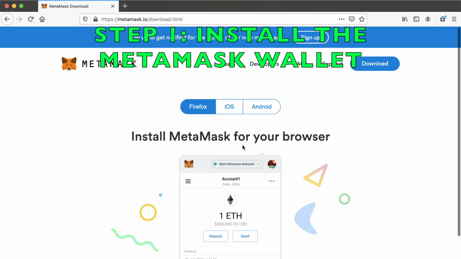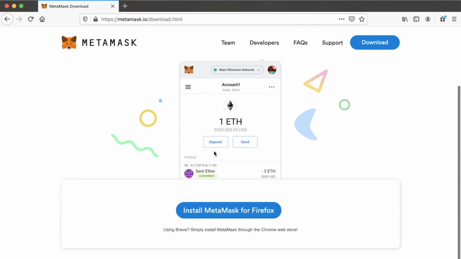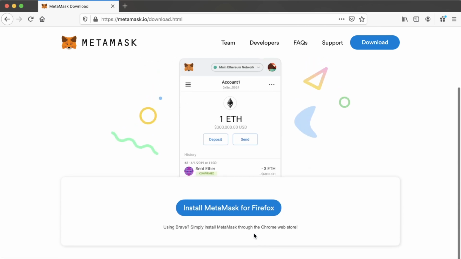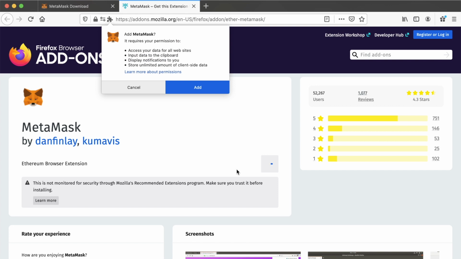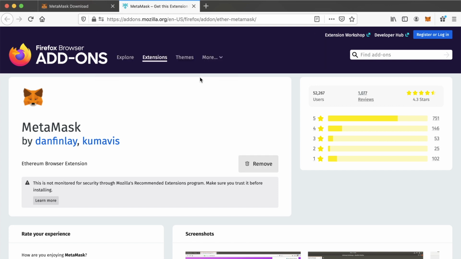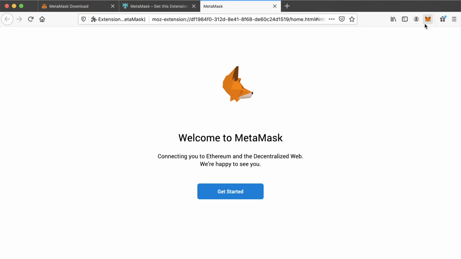So I'm going to click download now, and we can see, of course, we're doing it on Firefox, so it's already recognized up there, and it does show some supported browsers and everything else. So let's click install MetaMask. It opens up a new tab. I'm just going to click add to Firefox, and we'll just wait for this to be done. And there we go. So we've got this pop up here, add MetaMask. I'm going to click add because I want to add it as my Firefox extension. And as you can see here, we've got this. Okay, got it. So we've got this little fox head at the top. This fox head is where we're going to access our MetaMask.